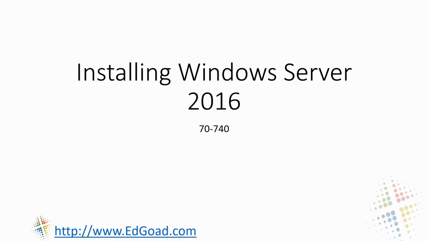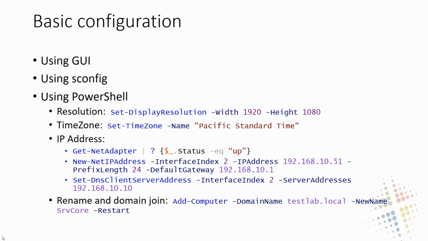Alrighty, and welcome back to our series on Windows Server 2016, the Microsoft Certification 70-740, and we're continuing on our discussion about installing Windows Server. In the last section, we talked about installing the Windows Server itself, and in this video, we are going to talk about, now that it is installed, how do we do the basic customization, the basic configuration of the operating